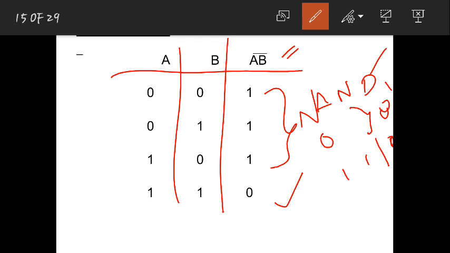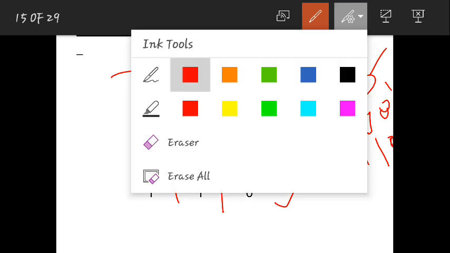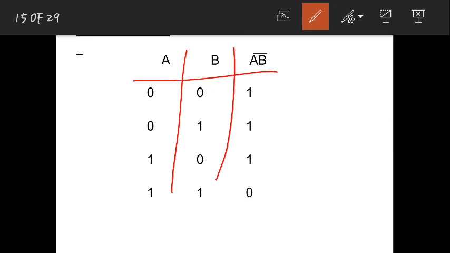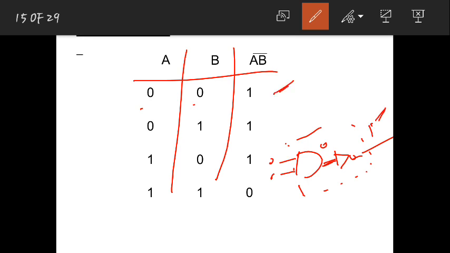See, actually this is your AND gate and this is your NOT gate, where you will get a complete NAND gate. First case you are giving 0 and 0, so generally here you will get 0, but that 0 is the input towards this NOT gate, so when it goes through this NOT gate, the output will be 1. This is the actual output you are getting at the NAND gate, because this complete is your NAND gate.